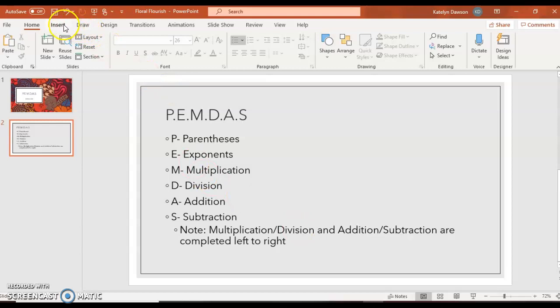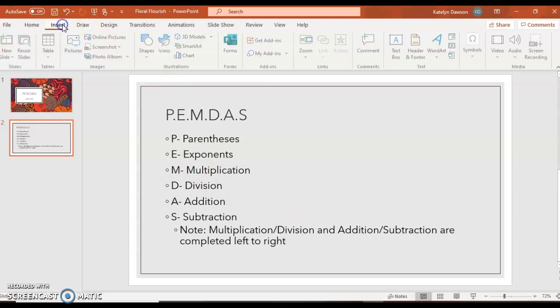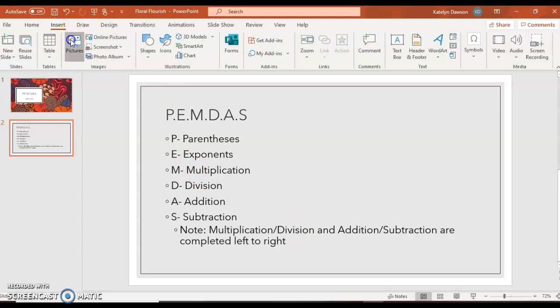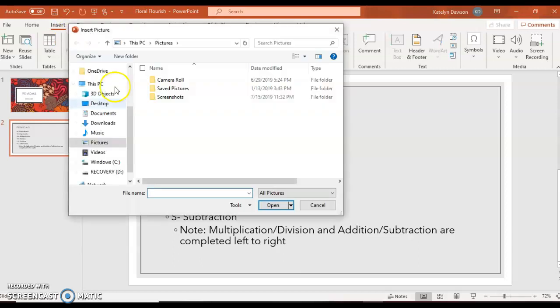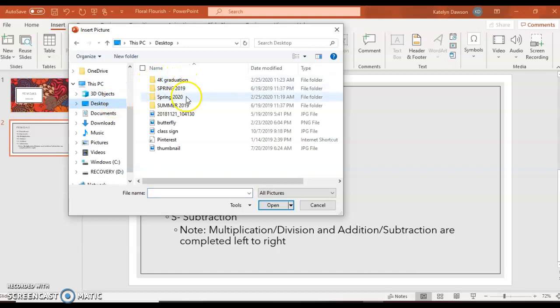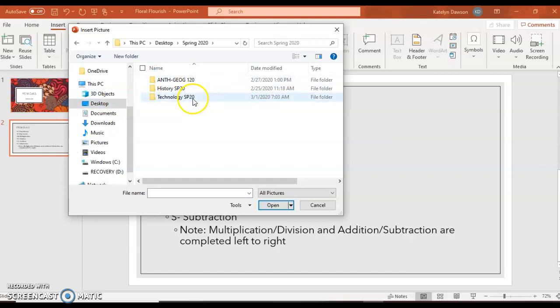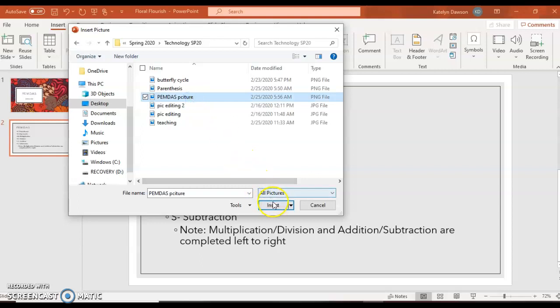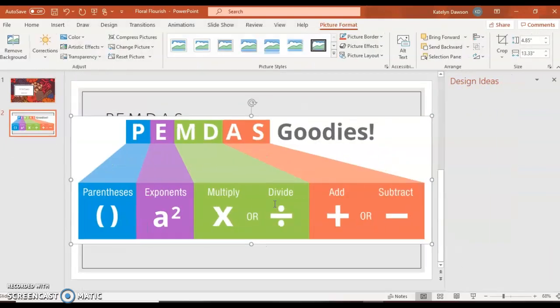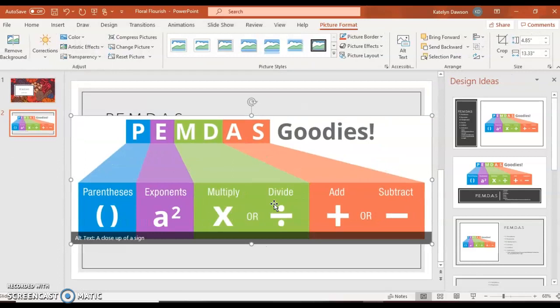So you're going to go to the Insert tab, click Insert, go to Pictures, and it'll bring up any pictures you have saved on your computer. You're going to click the picture that you want and hit Insert. It'll bring up design ideas that you can choose from, or you can format it yourself, so I'm going to